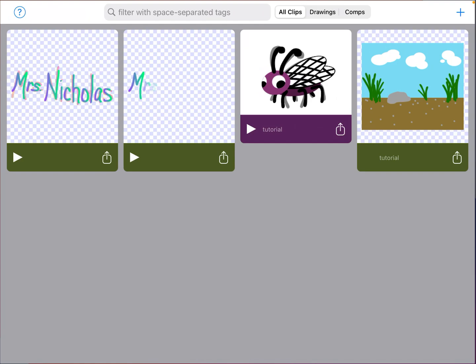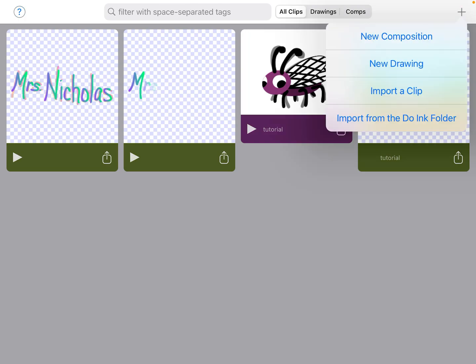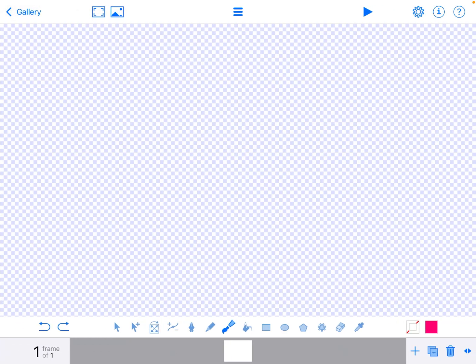So I'm going to open that up. And for our first assignment, we are all animating our name. So to start that, we're going to tap the plus sign in the upper right-hand corner. And from here, you want to select New Drawing. All right, so this is where you will be animating, where you will be writing your name and adding